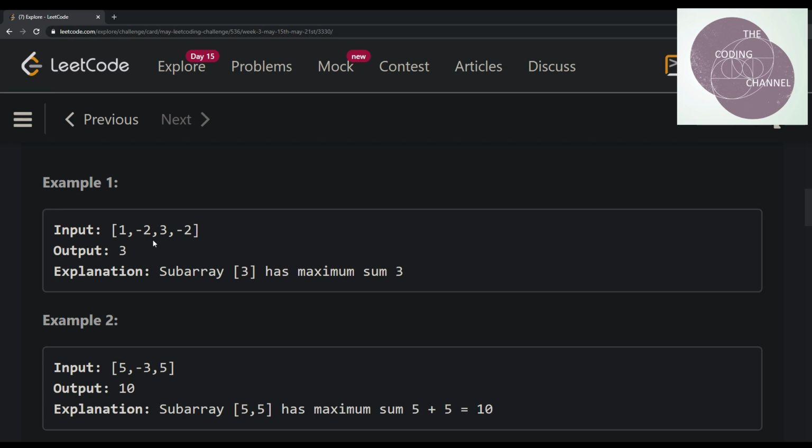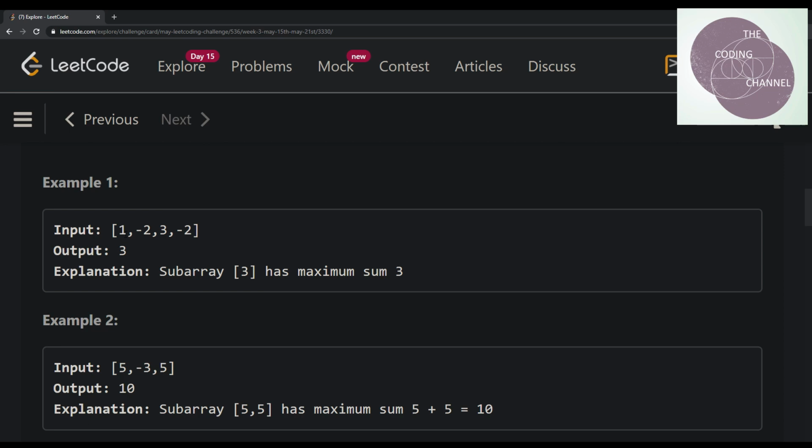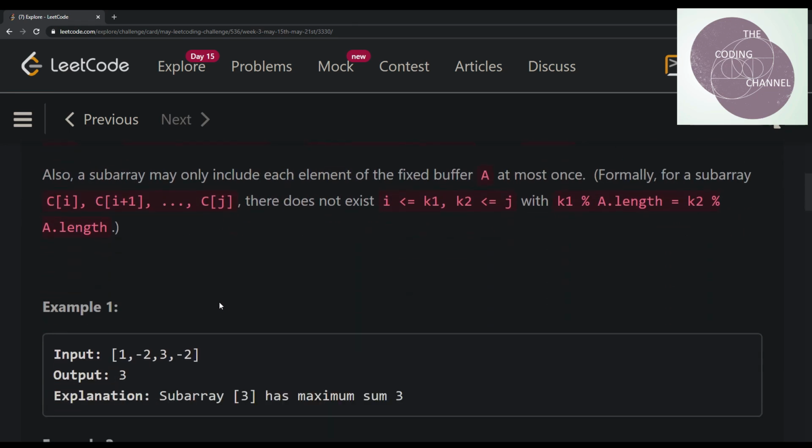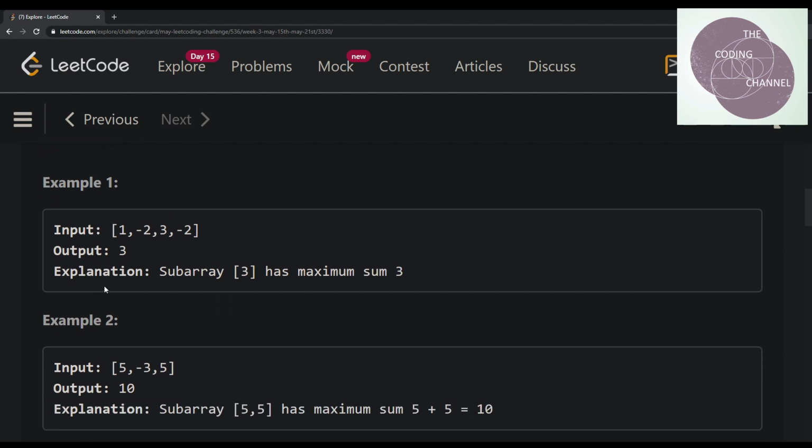Let's see the first example. When we're working with subarrays, generally Kadane's algorithm is more than enough to find the solution. So now let's look at the first example. The first example states we have this input. With Kadane's algorithm we can simply traverse through once and find out that 3 is the maximum sum of this given array, because